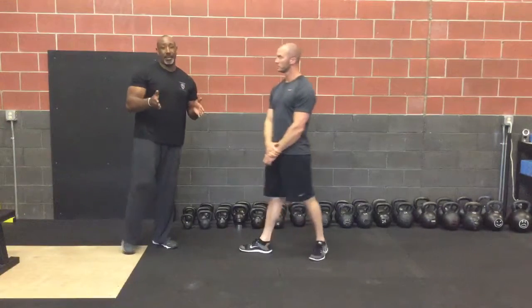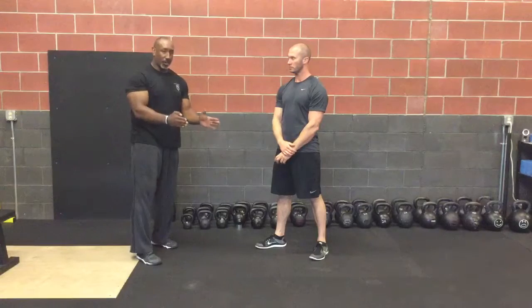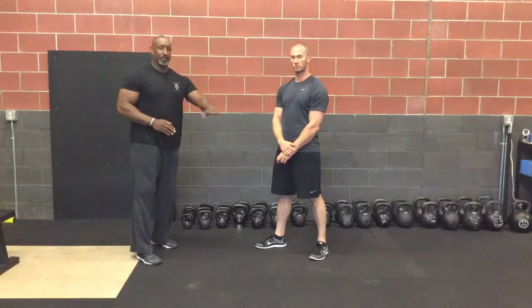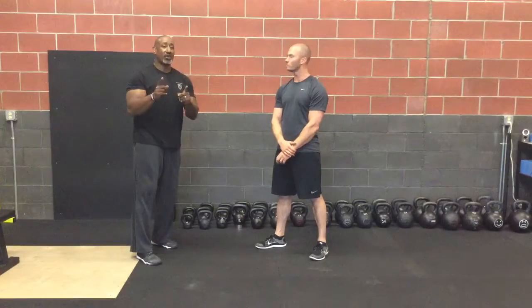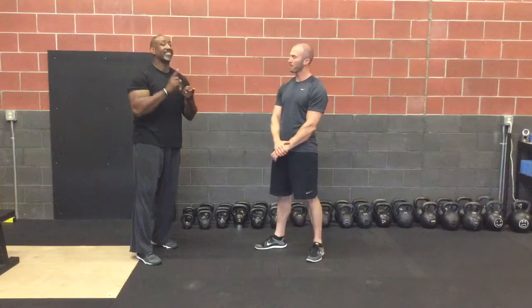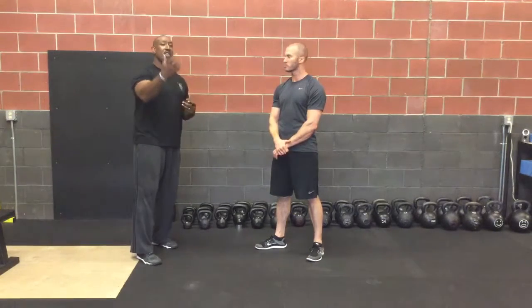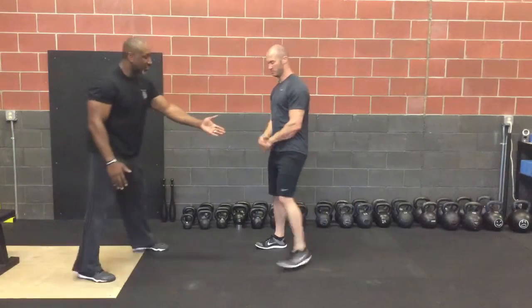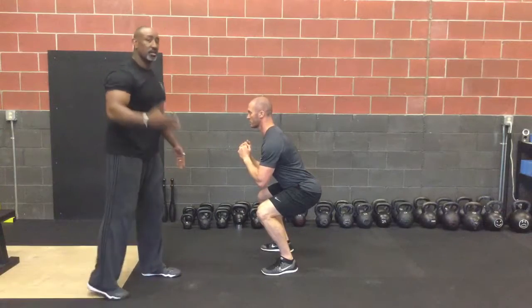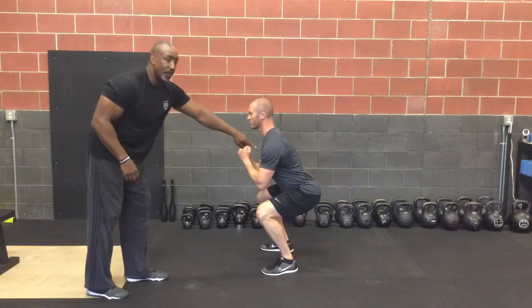All of that being said, if you can keep everything together, but your depth is maybe not where Coach John's was in his demos, that's okay. We don't want to sacrifice any movement quality just to get an outcome. So we're always training the movement, not necessarily the outcome. So if a half squat is what he has, in great position, we're going to take that. We're not going to load this, but we're going to take that because we know if he goes any lower than that,